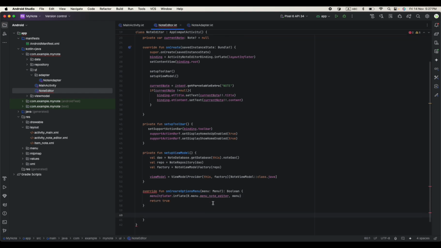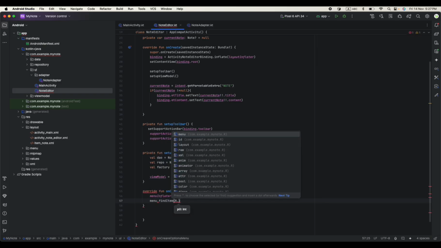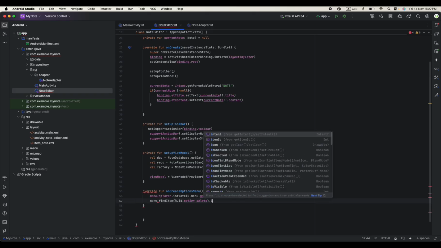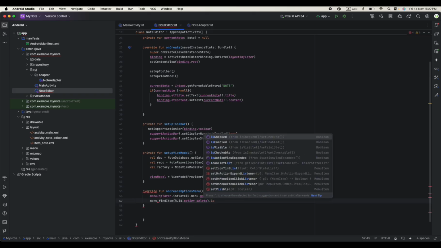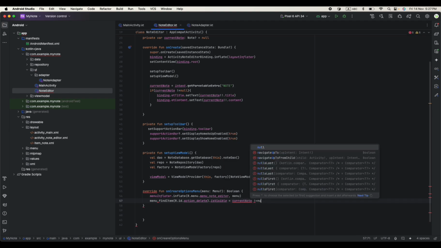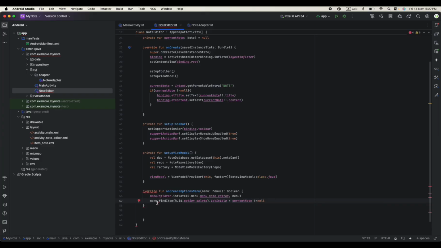This is our R.menu editor as a menu, and then what we need to do is menu dot find item, and this should be R dot id dot action delete dot is visible if current node is not equal to null. So the visibility depends on our current node. Return true